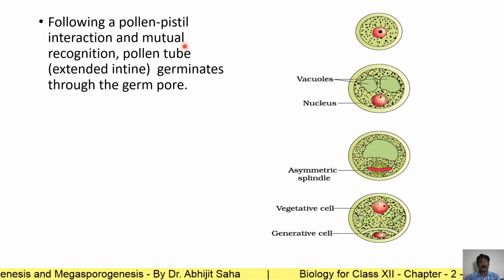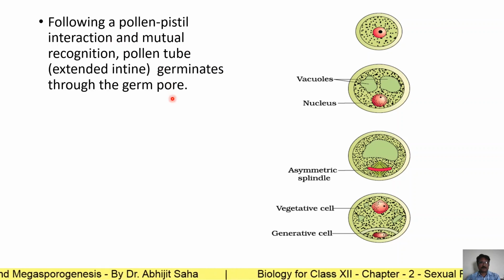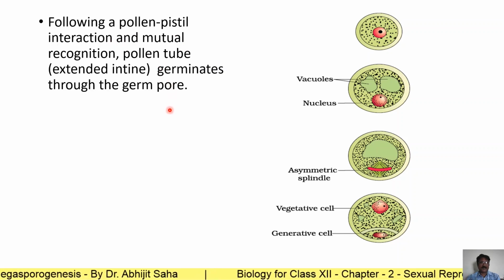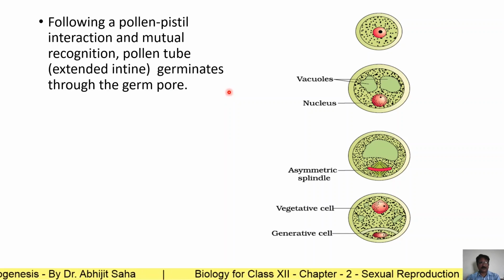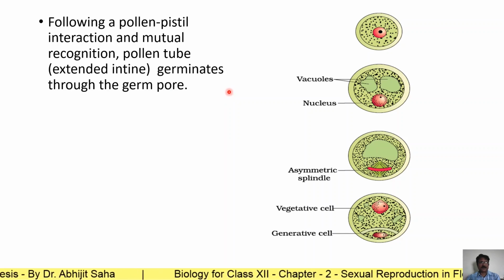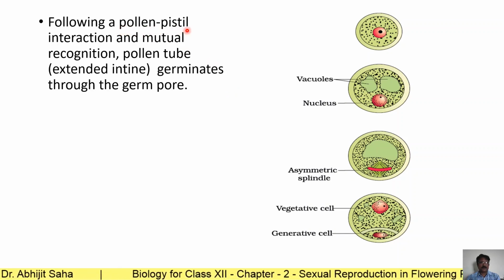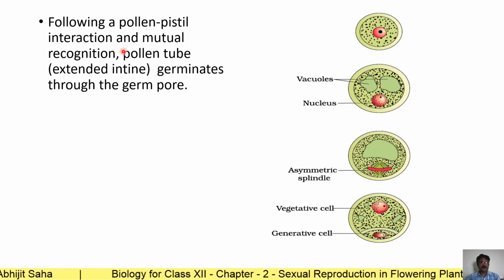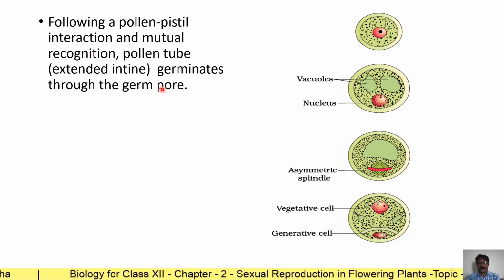Now there is a pollen pistil interaction. If pollen grain from a plant species A falls on a plant species B, the stigma of plant species B will not allow fertilization. Why? Because the pollen pistil interaction and mutual recognition only allows pollen tube of the same species